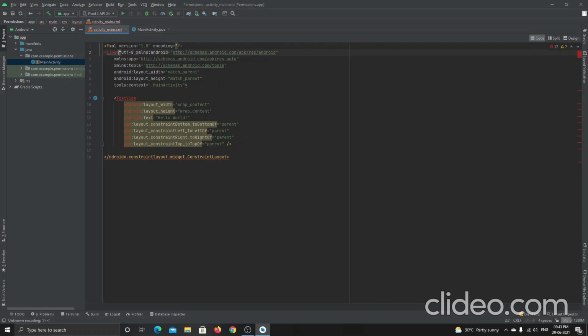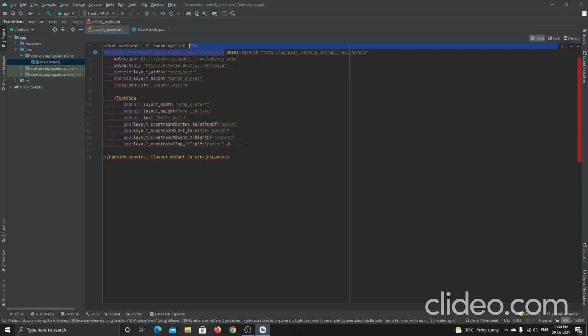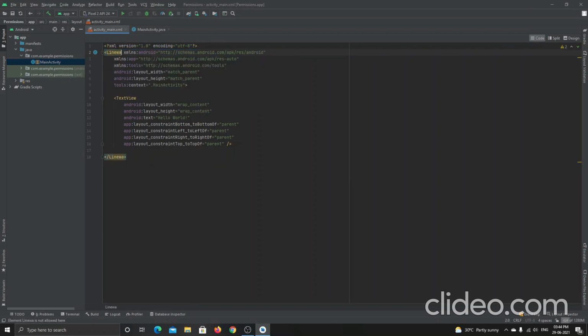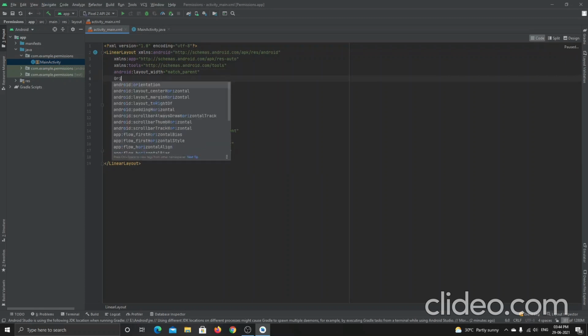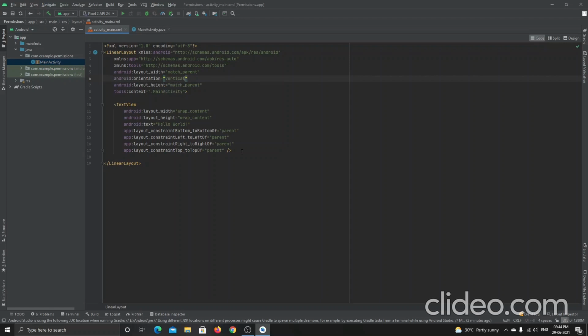Let me write linear layout. Let me add the orientation to vertical. Let me remove this text view.